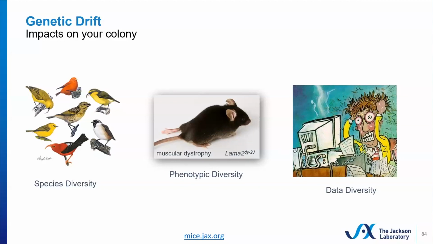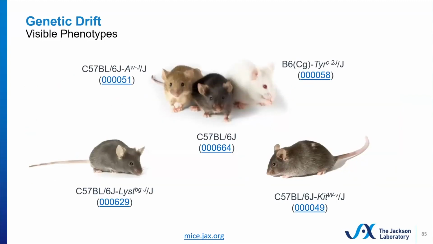However, genetic drift can also lead to data diversity and data that is not reproducible over time, which understandably can be super stressful. So let's look at this example of drift leading to a coat color change. All of these mice are C57 Black 6J. However, they each have had a change in their coat color due to mutations that spontaneously arose in genes that